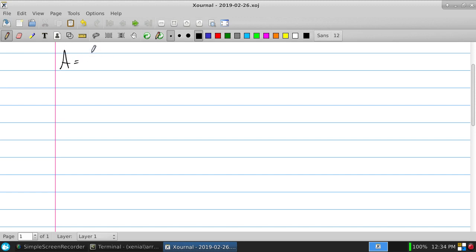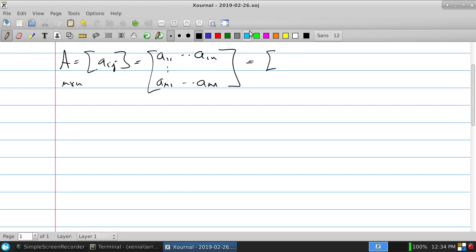So a matrix made up of a bunch of aij's, being this A11, A1n, AM1, AMN. So this is m by n. But another way for us to look at this, and this was important to remember, other ways of considering it,